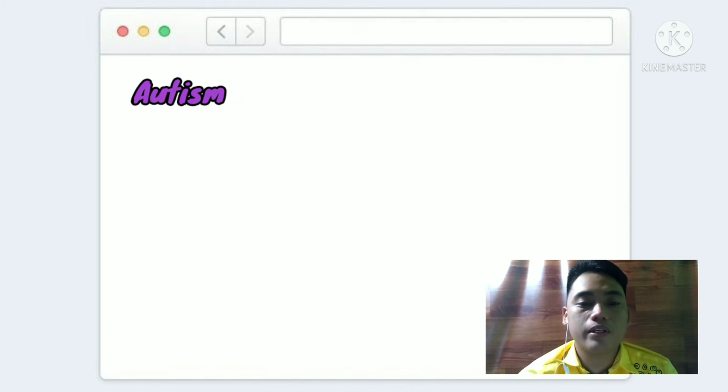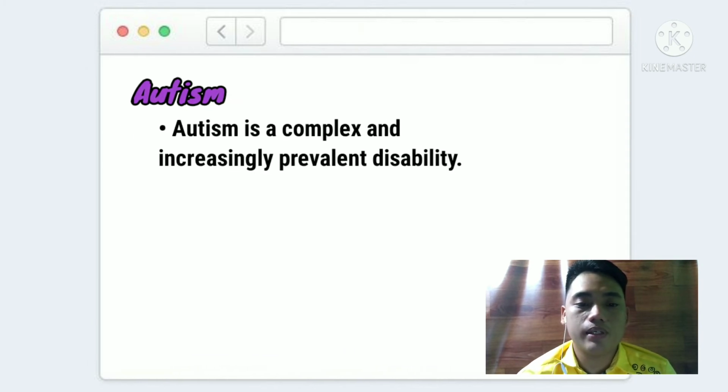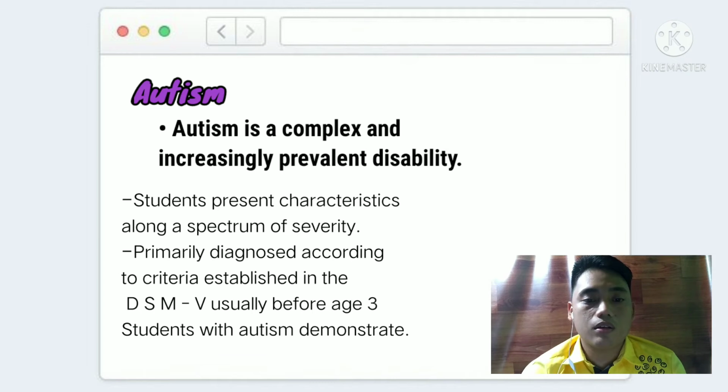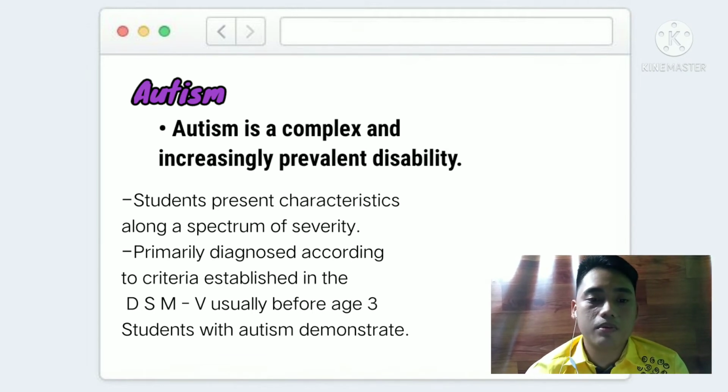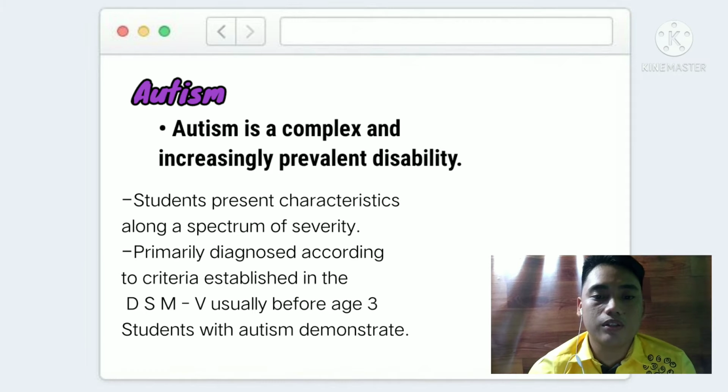Autism is a complex and increasingly prevalent disability. Students present the characteristics along a spectrum of severity, primarily diagnosed according to criteria established in the DSM-V, usually before age 3. Students with autism demonstrate